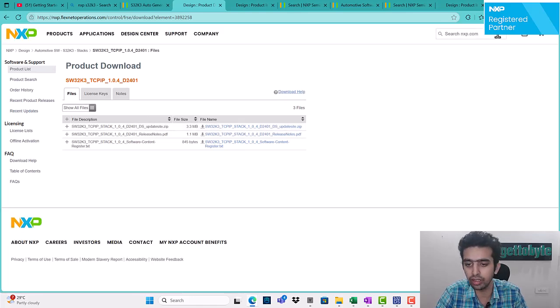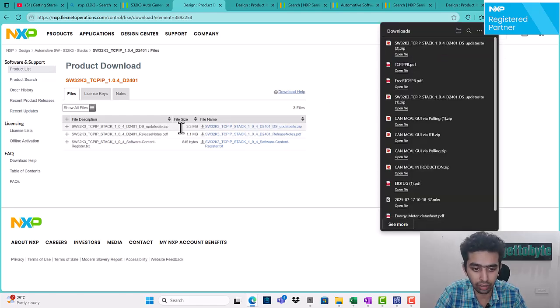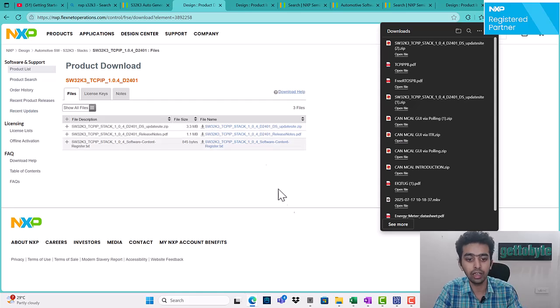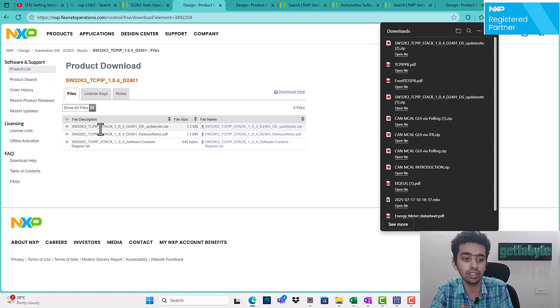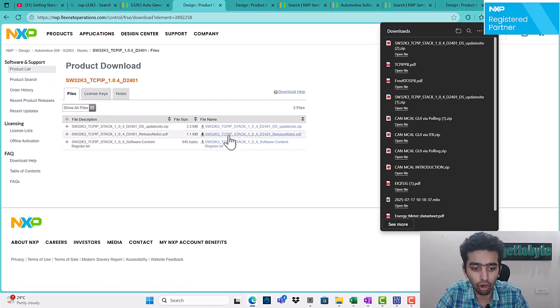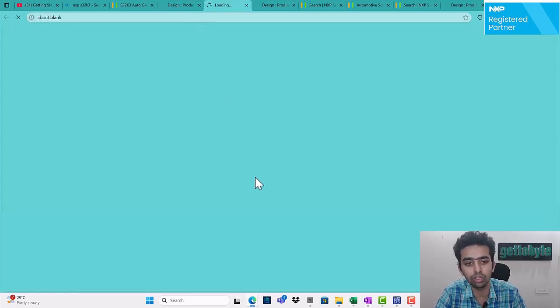and we are gonna download its update site zip file. Just click onto it, and its zip file is gonna start downloading, and we are going to use this update site zip file in our design studio for installation of the TCP IP software package, which is compatible for the S32K344 MCU. Also, one can check out its release notes,